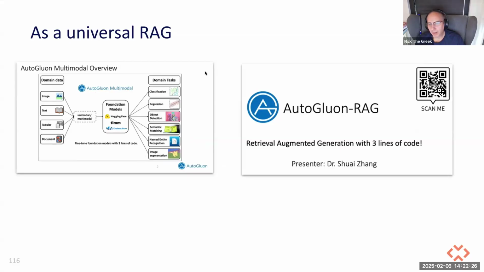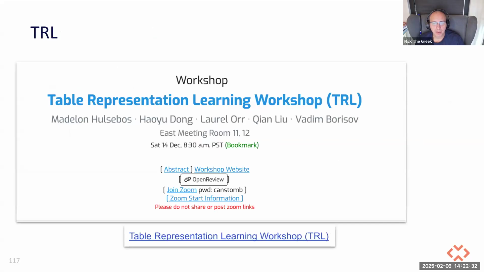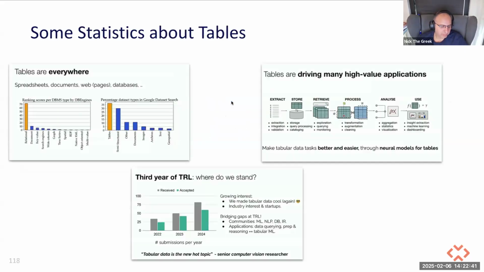Okay, so this takes us closer to a more complete language model. And then we move to the table representation learning workshop, TRL. Let's see a few statistics. These are